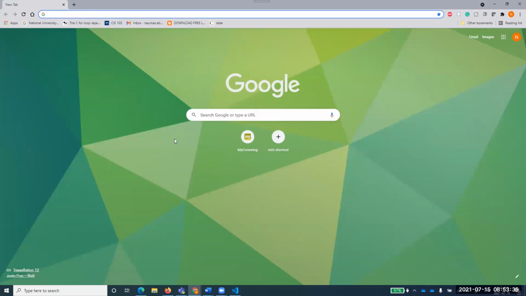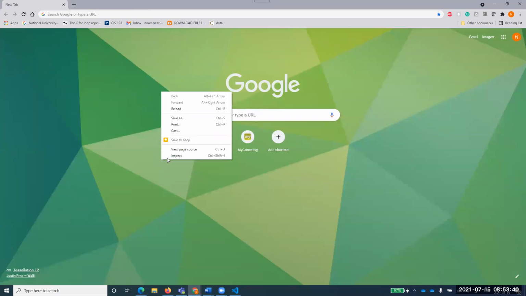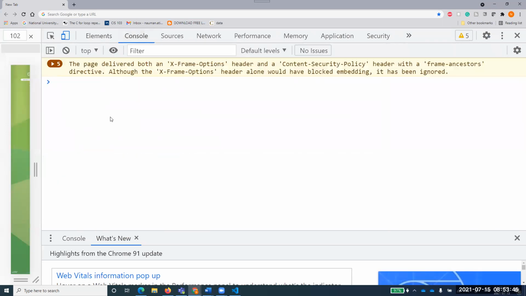Let me show you something. I don't want to see the source, I want to inspect. I've come to the console. Let obj equal to name Seneca, and semester 2, and school Toronto, whatever. I just want to make an object. So this is a JavaScript object.